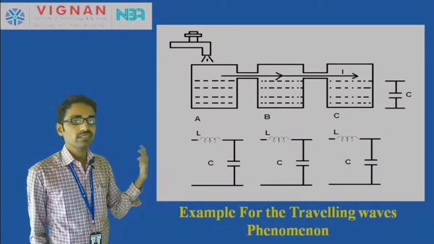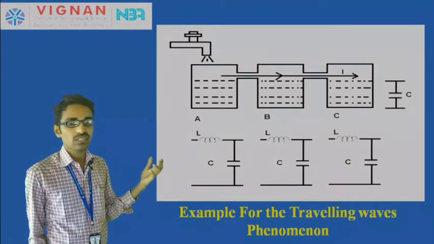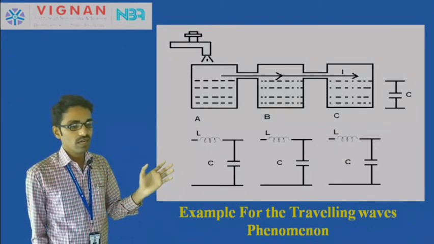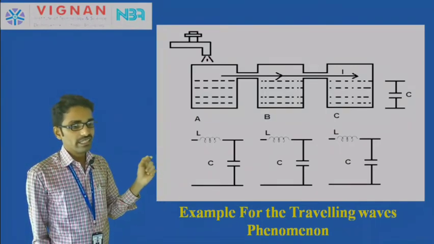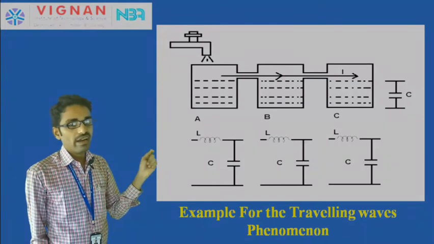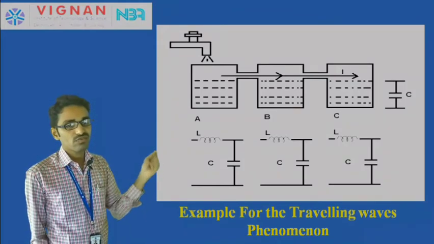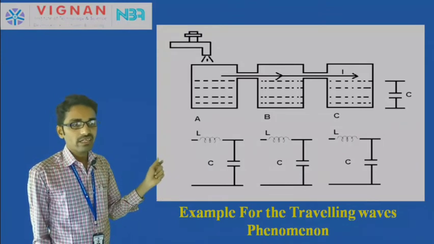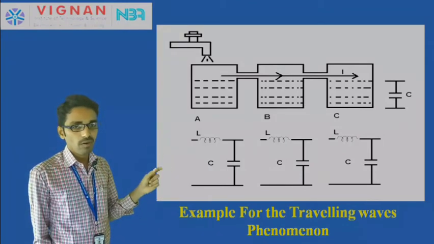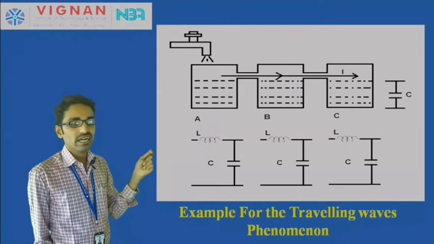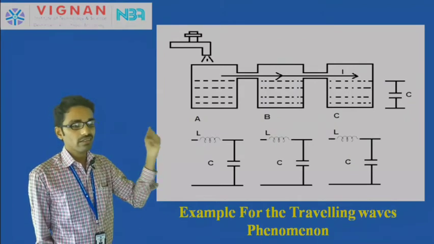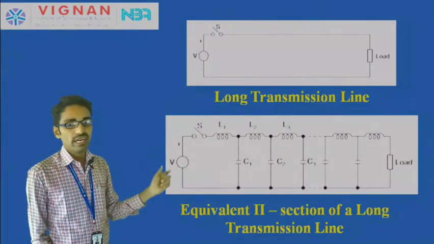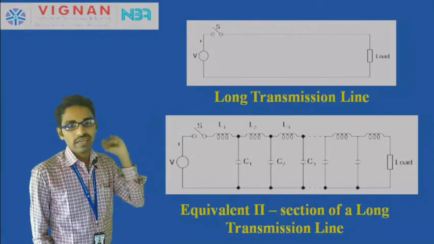All of a sudden, the voltage and current are not going to move towards the receiving end; it will take some time. In that time, the L and C get charged one by one. That means we are considering current and voltage waves forming and travelling on the transmission line from the sending end to the receiving end when you close the switch S.